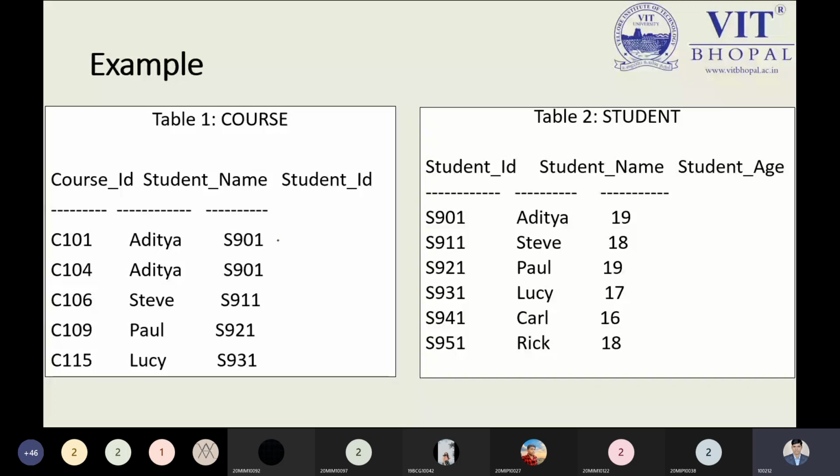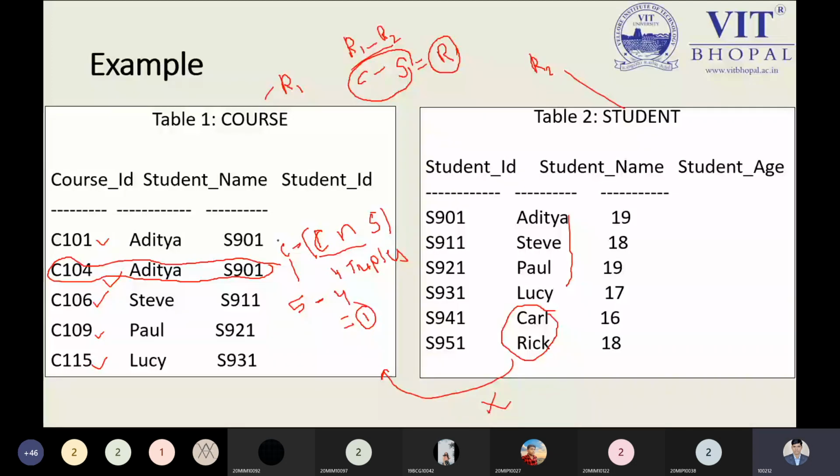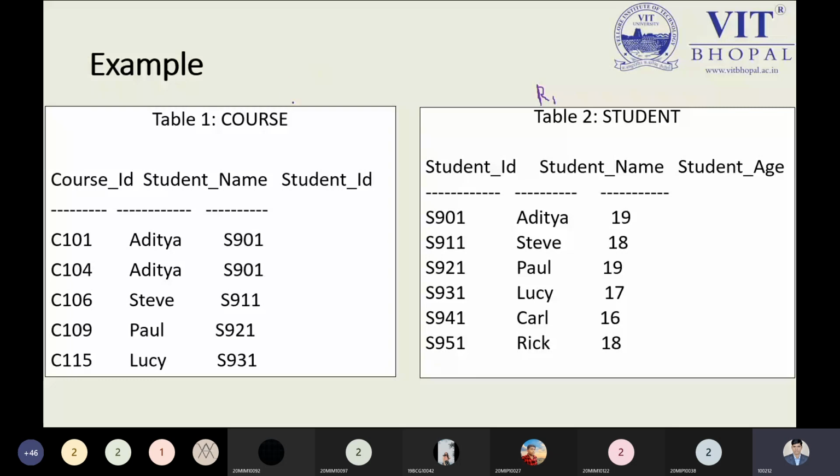So what is the query here? I have written the query over here, it is visible to all, I hope. I am choosing the student name from the student and course. What I have done here is make the student R1 and the course R2, so I'm using R1 minus R2.